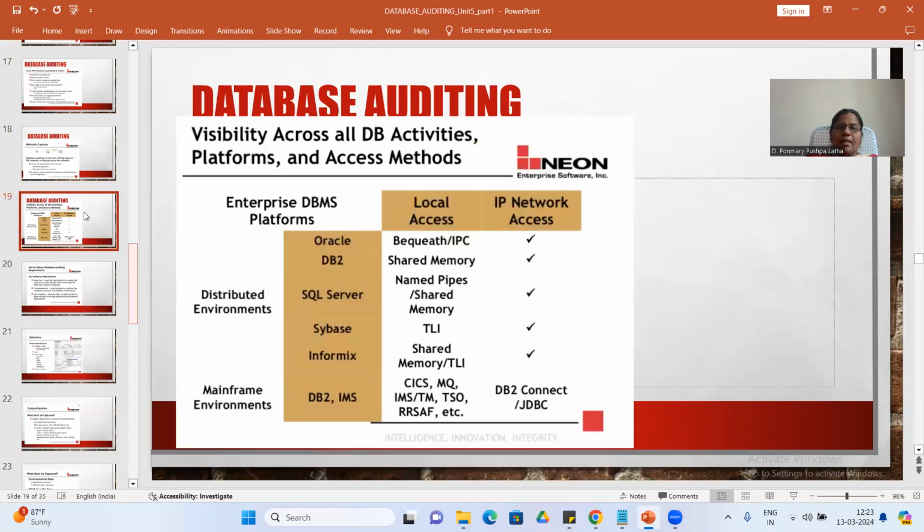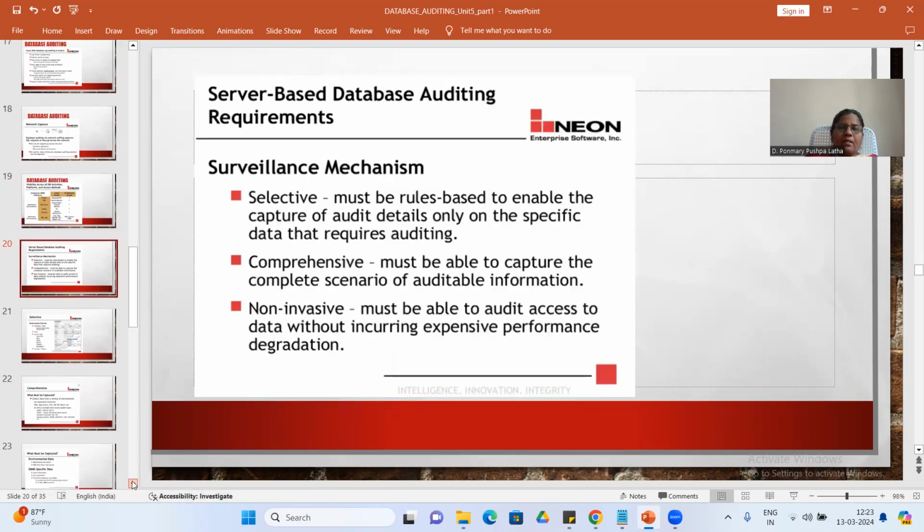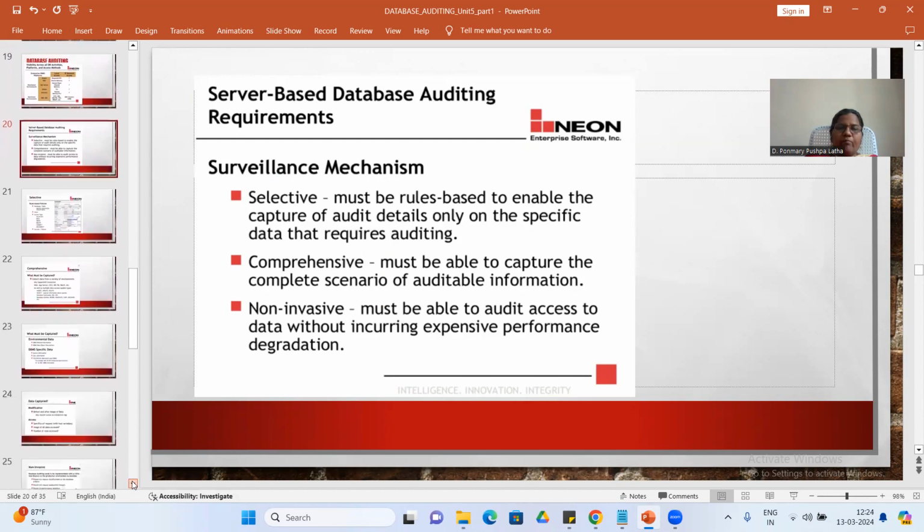Database auditing can be done for a distributed environment or a mainframe environment, or for databases like Oracle, DB2, SQL Server. Server-based database auditing is recommended. With a surveillance mechanism, you can do it selectively only for specific data, or do the complete scenario, or do it non-invasively. But the performance should not degrade.